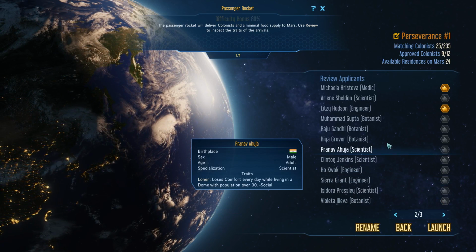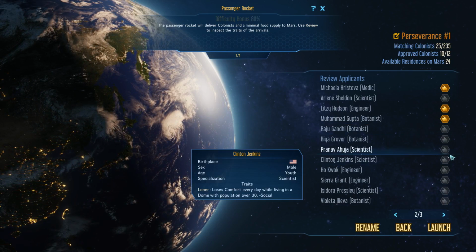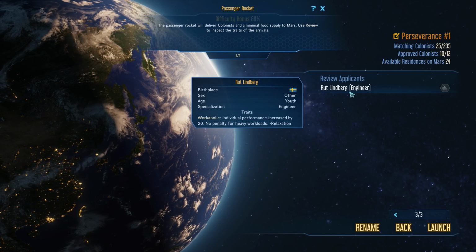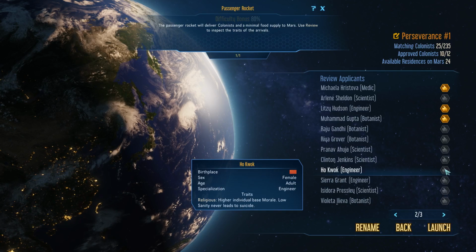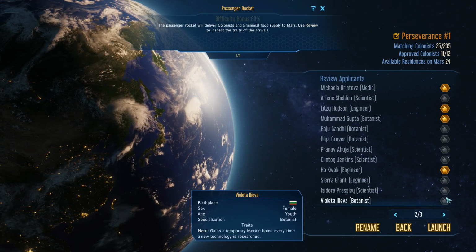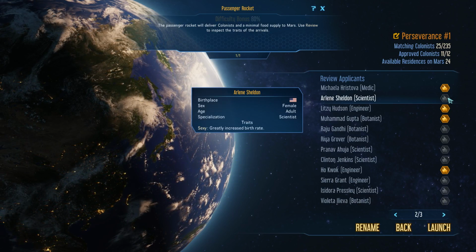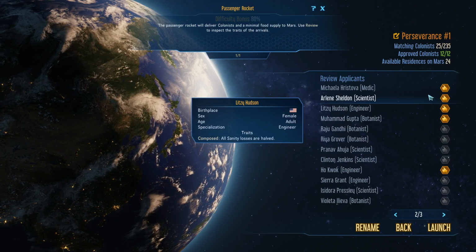That is really unfortunate, actually. Another botanist. Okay. A scientist, maybe. Workaholic. It needs relaxation. Religious. Engineer. Another botanist. Another scientician. A sexy scientician. Okay, there we go. So we should have a decent mix of male and...